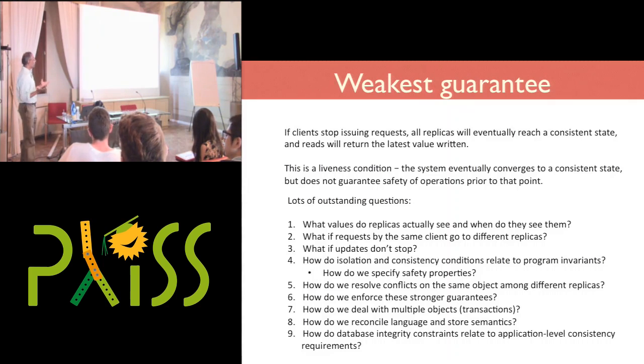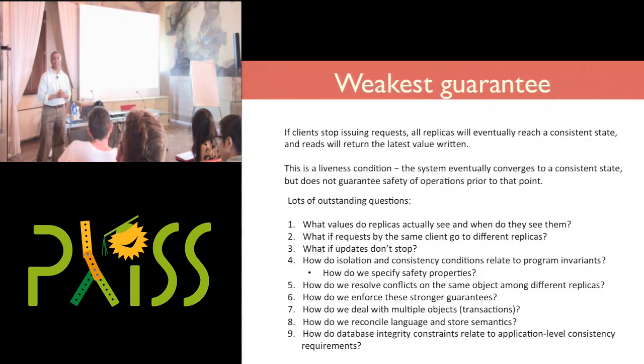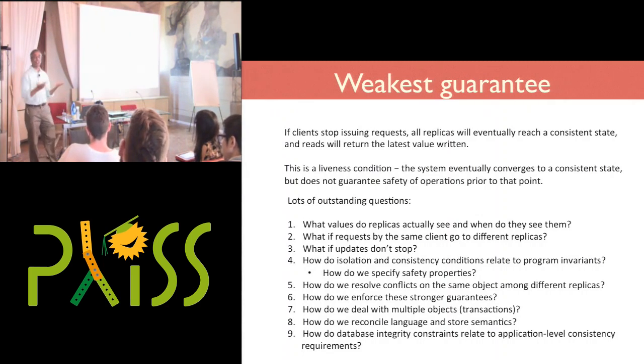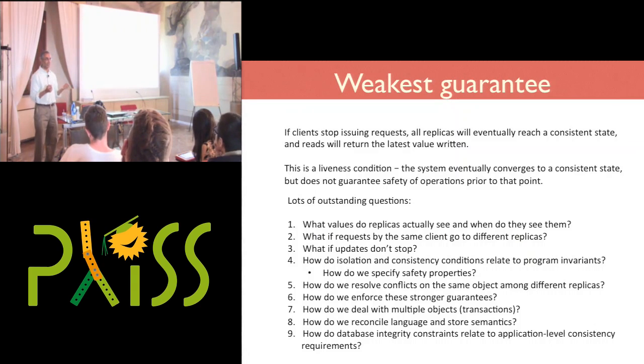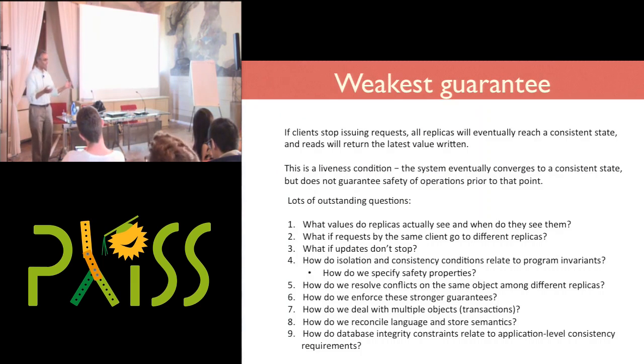So what values can replicas see? Can we actually make up arbitrary things from thin air based on this? When do they see them? What is the notion of time? In computer science, we have a very awkward dialogue when it comes to notions of time, right? We think in terms of logical time, but then there's a physical clock sitting somewhere here as well. How do we rationalize this? What happens if I send multiple requests or different requests to different replicas, multiple requests to the same replicas? Do I have any guarantees on the order in which these requests are satisfied?